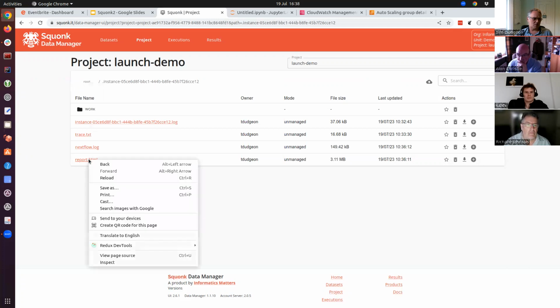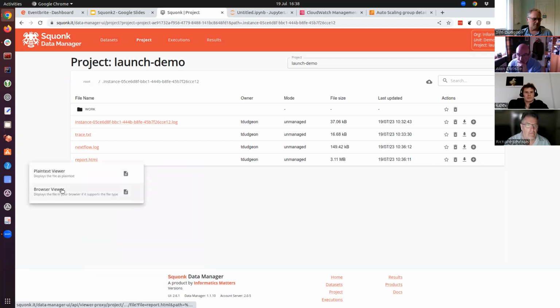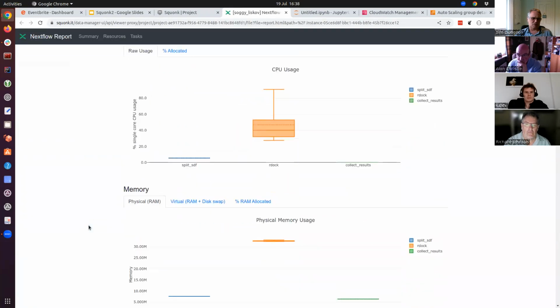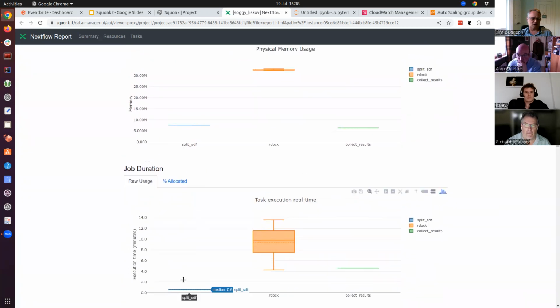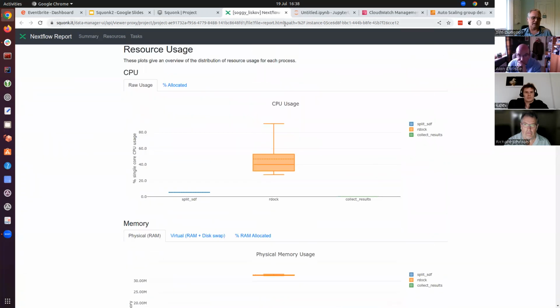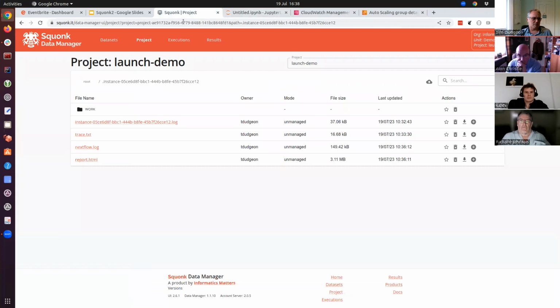including a quite nice report that Nextflow generates on the execution of the jobs. So it tells you how much CPU activity was used by each job, how much memory was used, how long each took. And you can see the first step of splitting the SDF is trivial. It's the docking that takes up the computational time. So there's a lot of quite nice analysis here that's provided, but probably of more interest than the